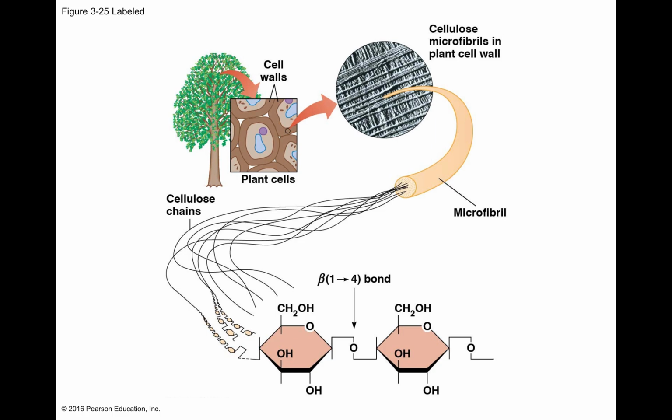In cellulose, which is used to make cell walls of plants and the body of the plant, when you burn a log, the wood that you're burning is almost all cellulose, carbohydrate. The bond between individual glucose subunits is a beta 1 to 4 bond, and that's different than what you would see in glycogen, for example.